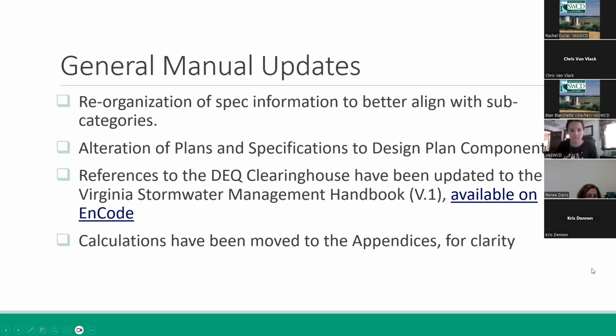General manual updates. I don't want to say most, but we did reorganize components of the specifications and the opening sections of the manual just to make it a little bit clearer. There's been some new information added, and it just made sense in some cases to reorganize things. We also were looking at this from the perspective of having new staff come on board. I know a lot of districts are hiring, so we wanted to make something that was available to new staff to pick up, read, and get a good idea of how VCAP operates right off the bat.